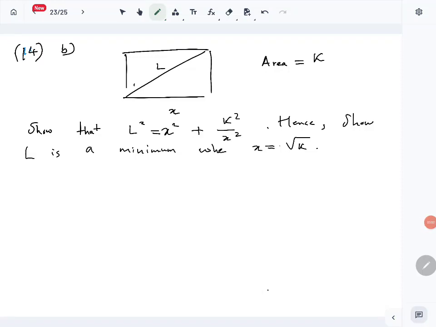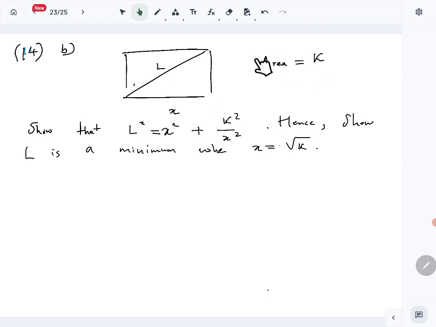Okay, now let's look at question number 14, part B, application part of differentiation. So we are given a rectangle where the diagonal length is capital L. They want to build a fence along this diagonal. So the length of that diagonal is said to be capital L, and the width is given to be x,